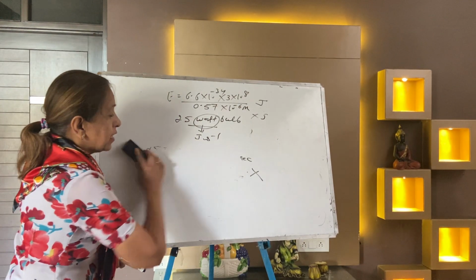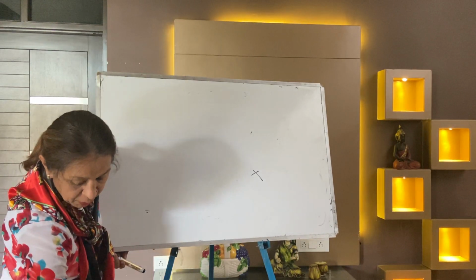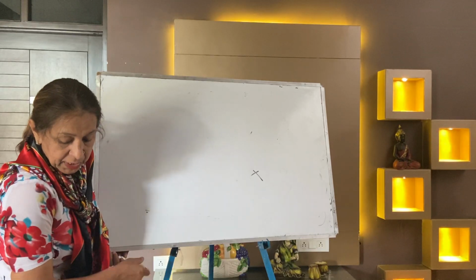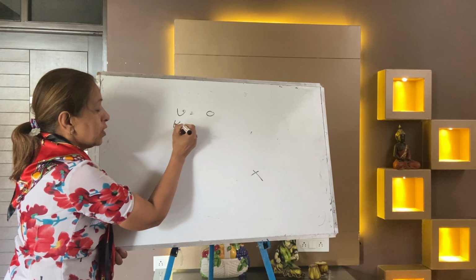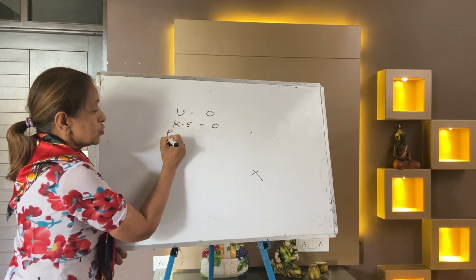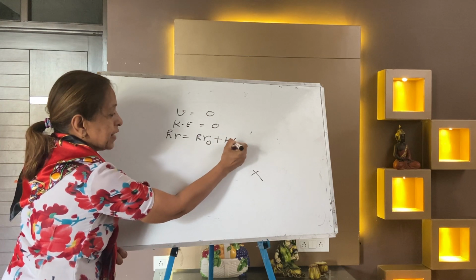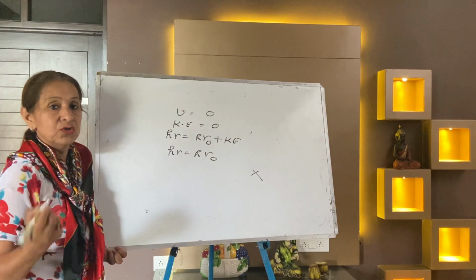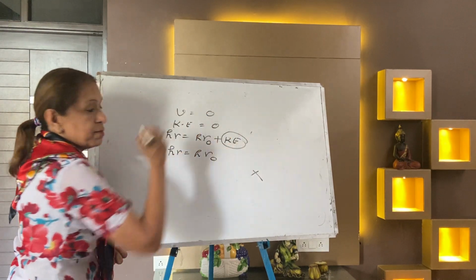Now you can take the numerical yourself, the same type of numerical. And now numerical number 12. Electrons are emitted with zero velocity. When the velocity is 0, kinetic energy is 0. So your photoelectric effect equation, h nu is equal to h nu naught plus kinetic energy, now becomes h nu is equal to h nu naught, because the velocity is 0, so your kinetic energy will be 0.